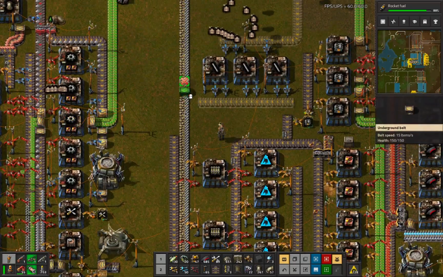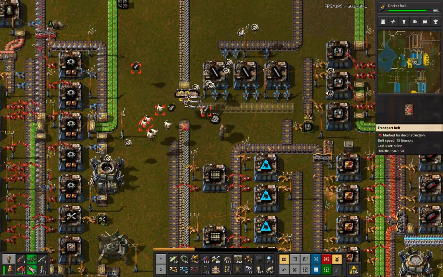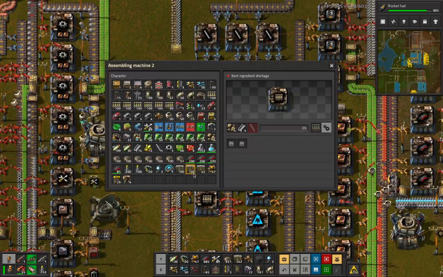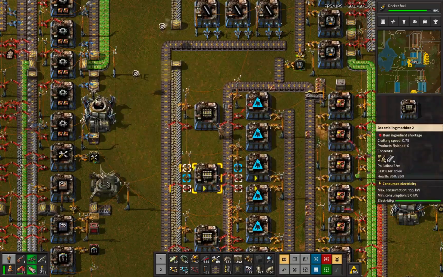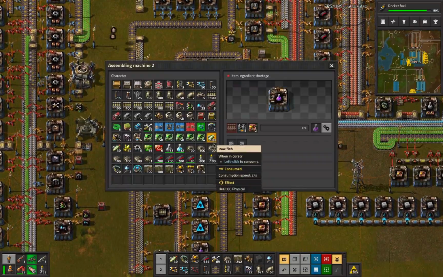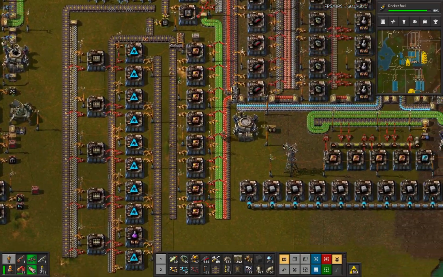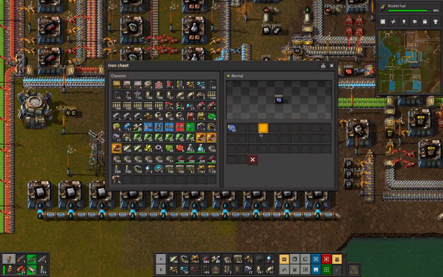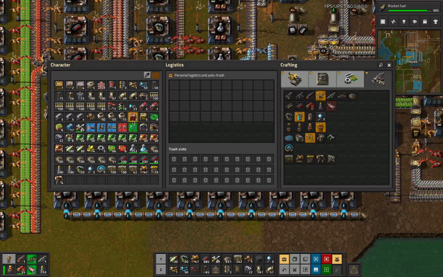But we've nearly got... I mean, we've nearly got a plan for purple science. Oh yeah, that was my rail. Oh well. Do I have... Oh, because they're going over here. That's fine. Actually,